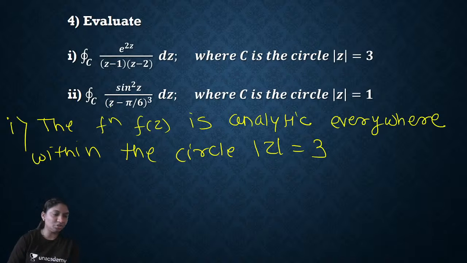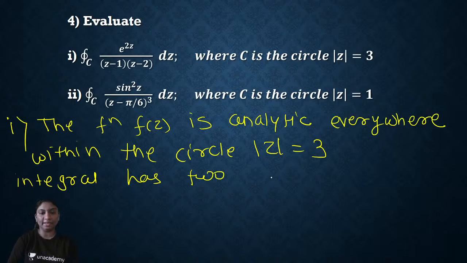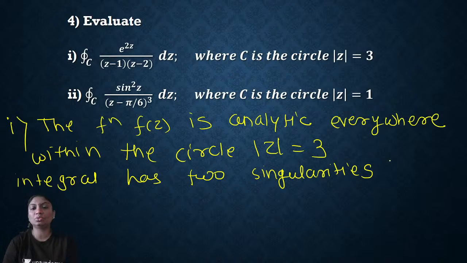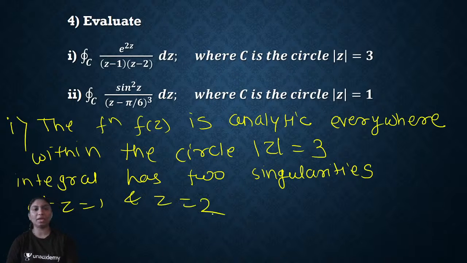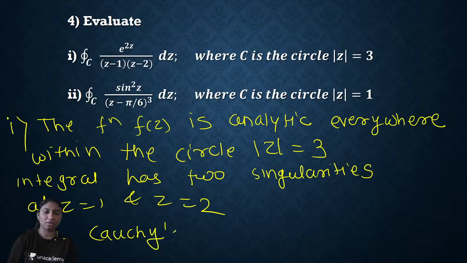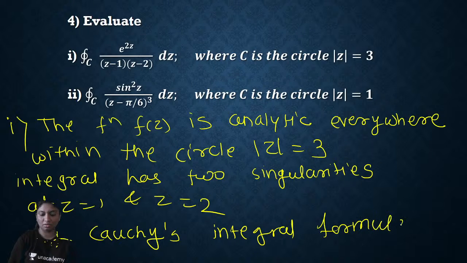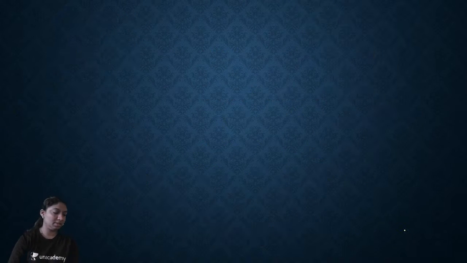The integrand has 2 singularities at z is equal to 1 and z is equal to 2. So by Cauchy's integral formula, we'll get here